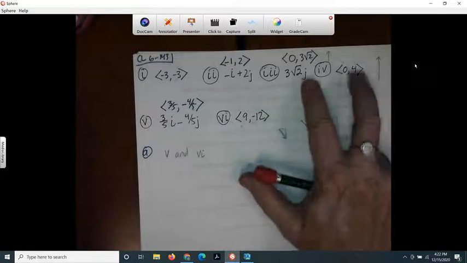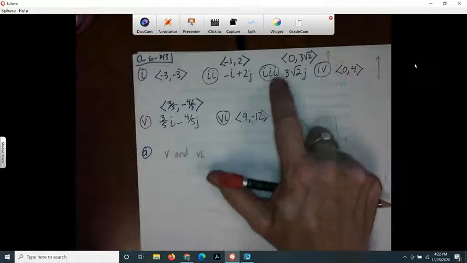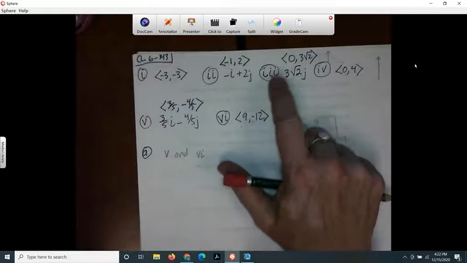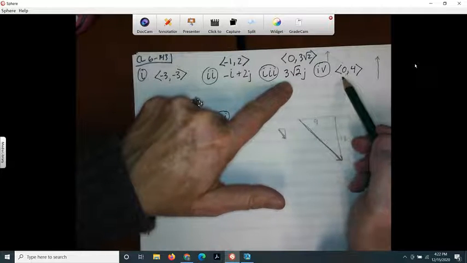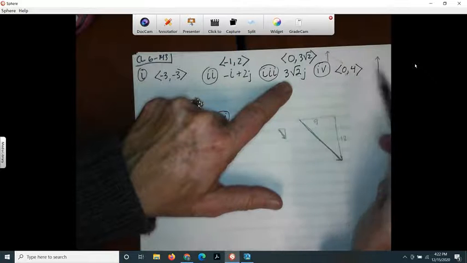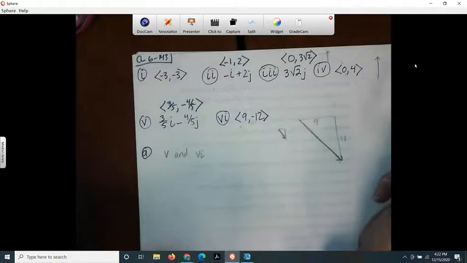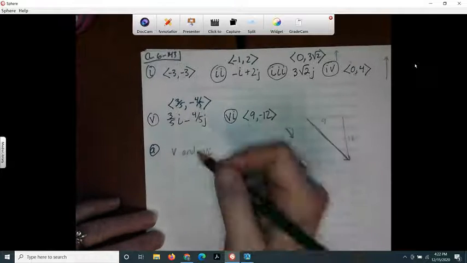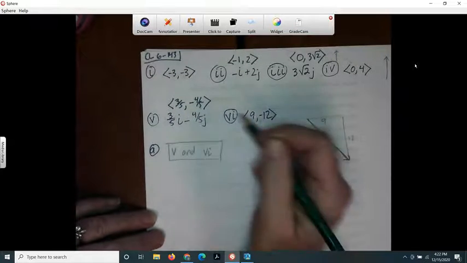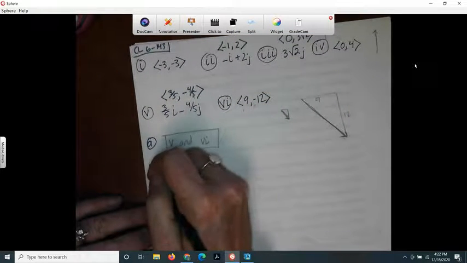I think it could be argued that vectors III and the 3 and 4 vector also have the same direction, because they both go straight up and have different magnitudes. I'm not sure why that wasn't listed in the answer key, but here's the official answer. And then letter B